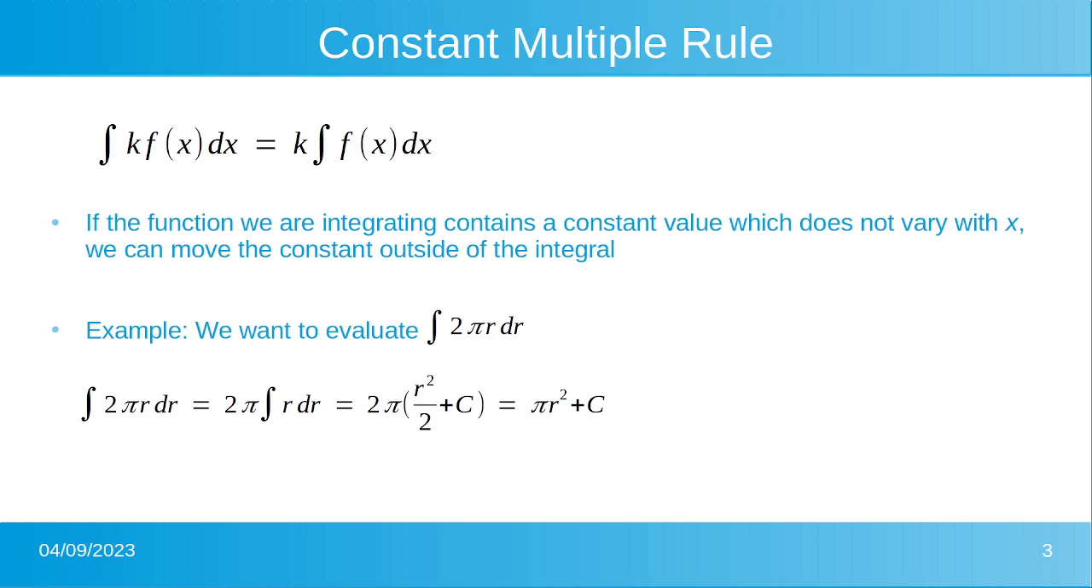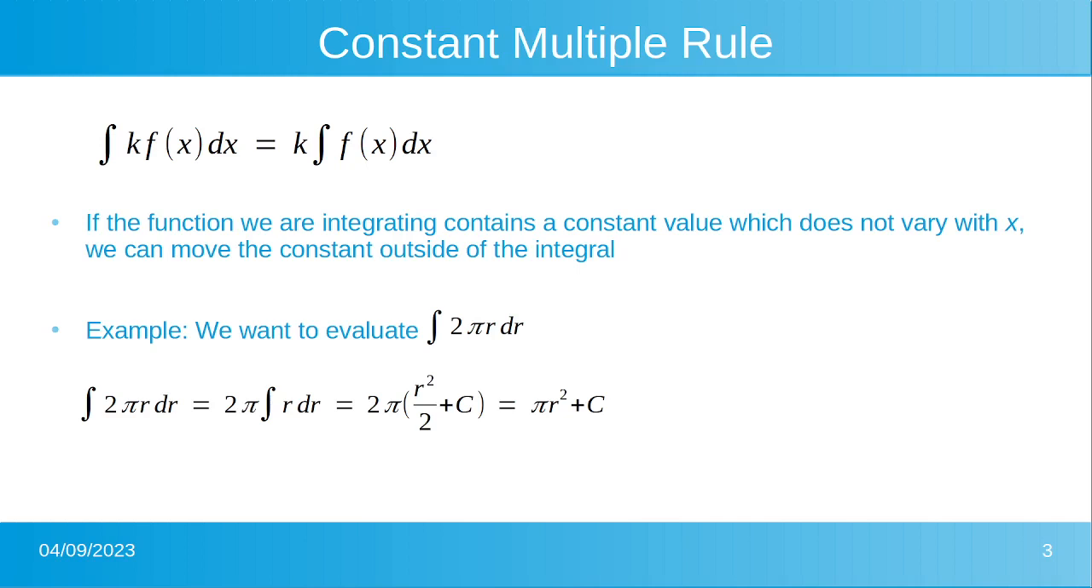Well, our value of 2 pi is not going to vary with r. So we can treat that as a constant and take it outside of the integral. If we look at the last line of our slide, that's equal to 2 pi multiplied by the indefinite integral of r with respect to r. And when we evaluate that antiderivative, we get 2 pi multiplied into, in brackets, r squared over 2 plus c. And when we multiply that out, we get pi r squared because the 2's cancel, and then we get some